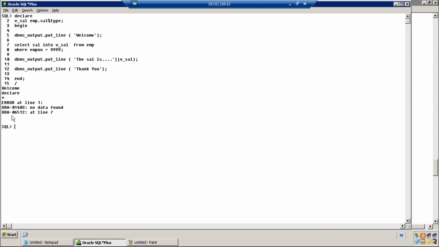Program has been terminated abnormally, and please read the message: no data found. In this program, an exception is raised. What exception is raised? The NO_DATA_FOUND exception is raised in the program. Once an exception is raised, control, so when this no data found exception is raised,